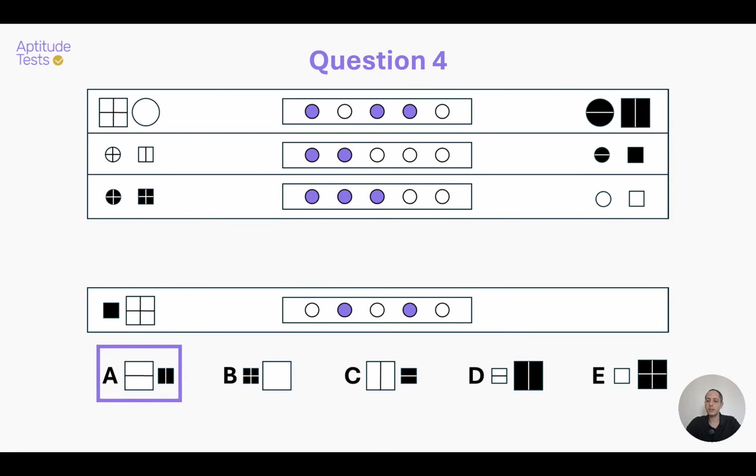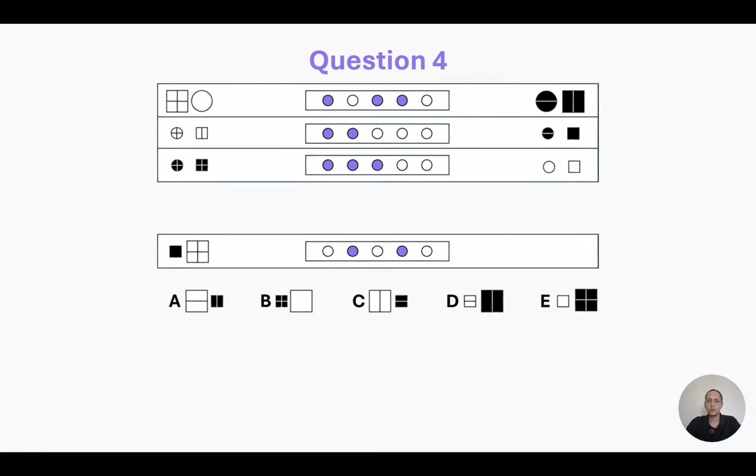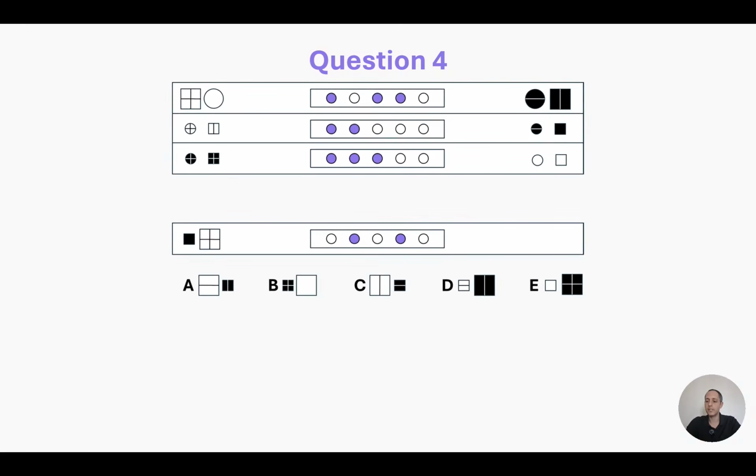Okay, so the answer here is A, and let's start using the rows method to solve this question too. This time we have a definite candidate to start with, and that's going to be row number 2. We have only 2 activated buttons, and looking at the changes that these shapes go through, it is pretty easy to see that